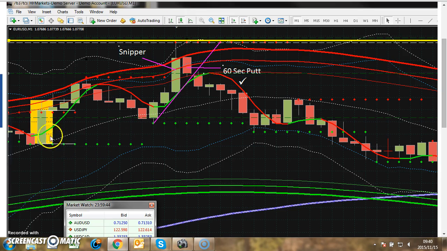Again, this is a 1 minute. There is that yellow line, that 1 hour swing high. So I'm just waiting for it. And then the price starts to go up, and look what happened. The rule is, it must touch that area. It must touch it or pass it. And then the price must retrace. As it retraces, I compare the size of the body to the wick. The size of the body must be anything between 65 and 80%. And if you can see here, it's 100% Sniper. So what I do is, at the next bar open, I take a 60-second put, and what an easy win. Let's go to the next one.